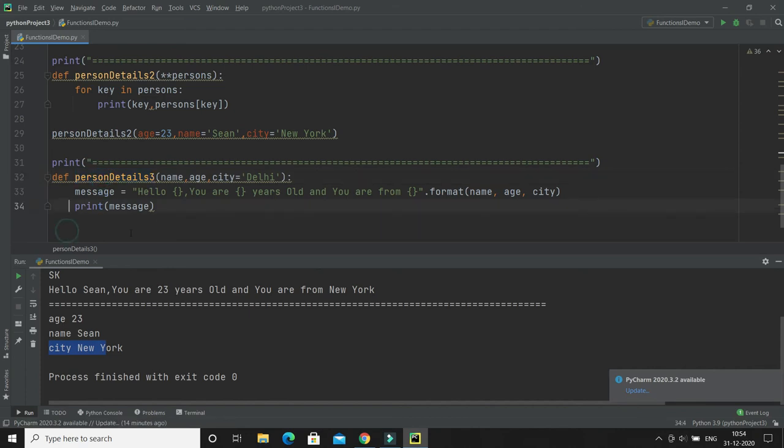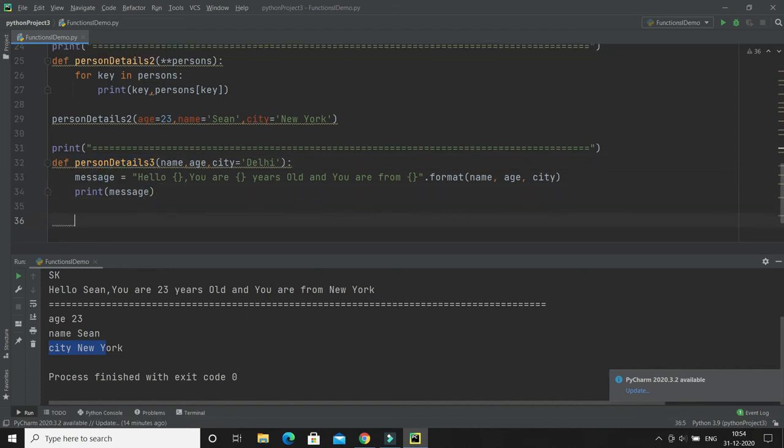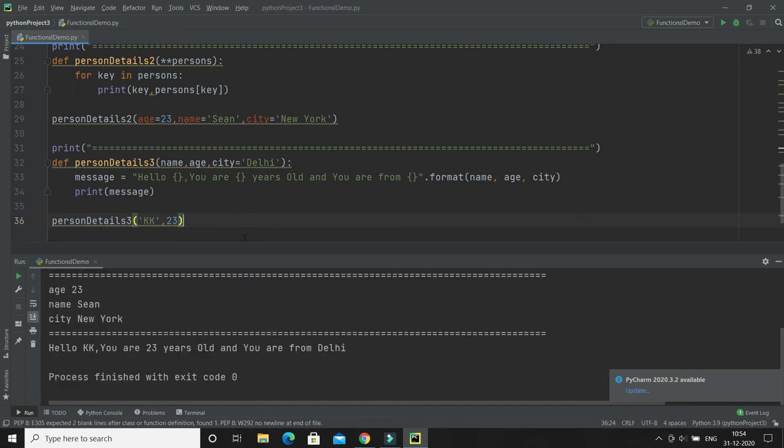Let me call this function. I'm going to pass kk and age, let's say 23, and if I run, let's see how it works. Now it says hello kk, you are 23 years old and you are from Delhi. The default value has been taken.